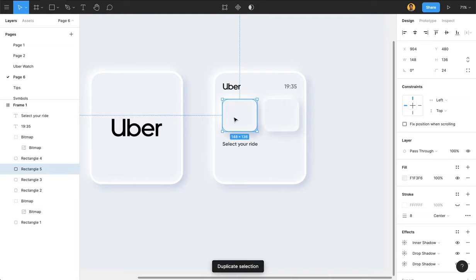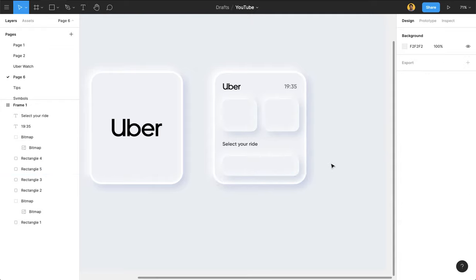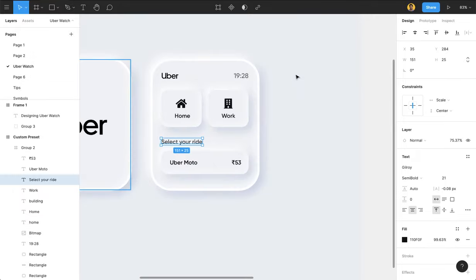And we have a different kind of card, which is just like this. Set this here, and just going to give it a height. So we have the structure yet again ready,